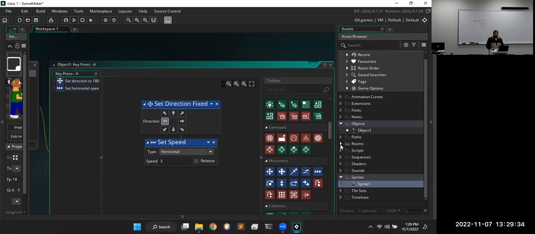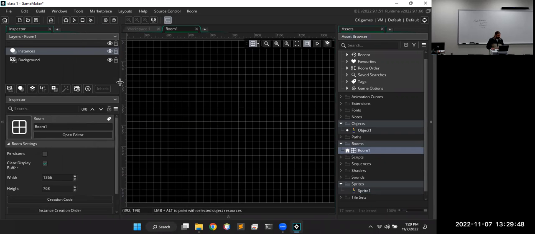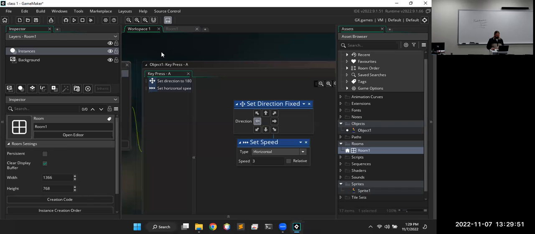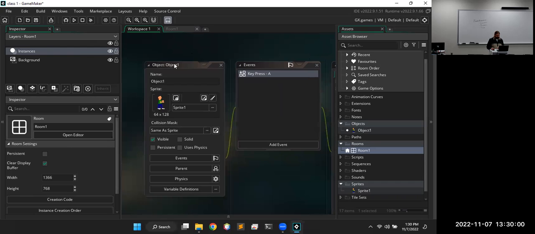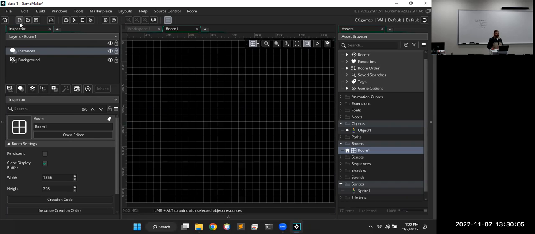But right off the bat, one of our folders did not start empty. We started with this room here. You can open that up, and it's not really anything in the room. But when we opened it, that's where the inspector panel is. I guess I could also point at the object here. When I click on the object, something should have shown up in the inspector panel. I was expecting it to. Not showing up in the inspector panel, but over in the inspector, we get all the information about the room,